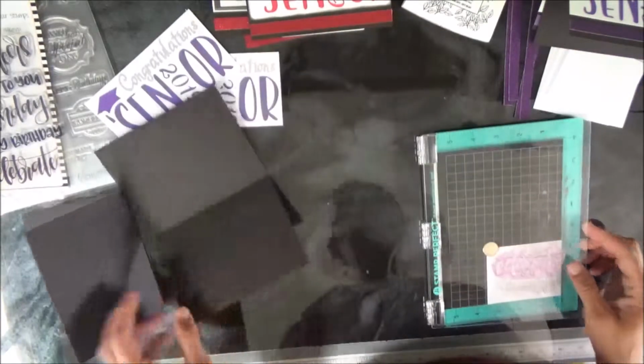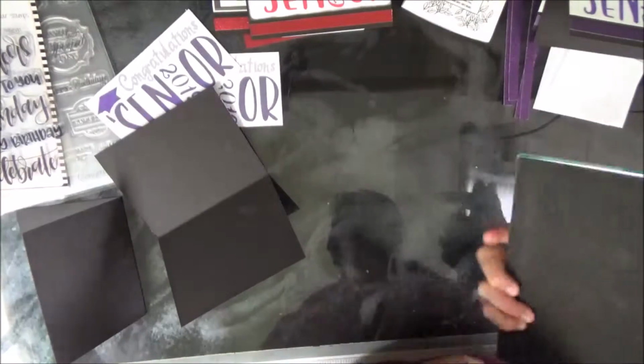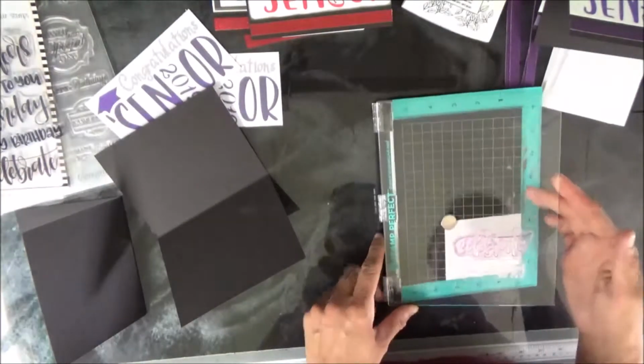and there's several of these out there on the market. This one happens to be Stamp Perfect. Who makes this one? Hampton or something? I don't know. Anyways,